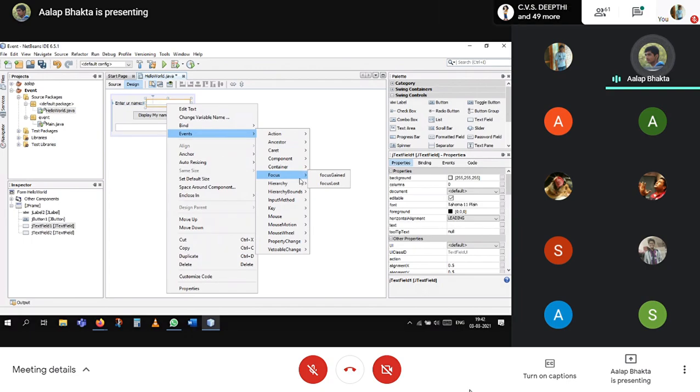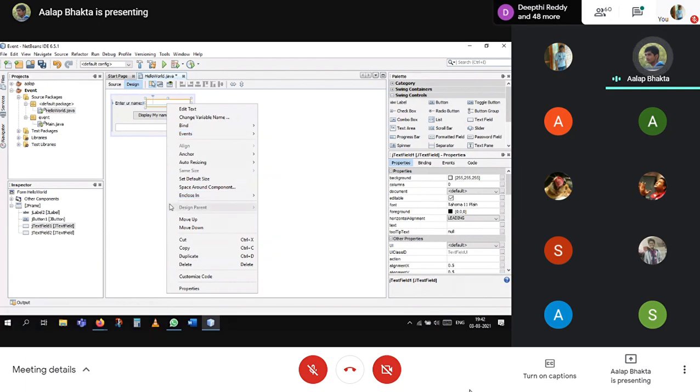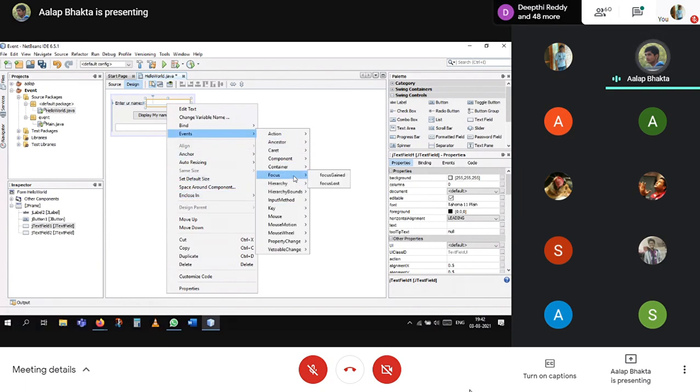Then a focus event, like when focus is gained or lost, meaning when you go to the component and a particular method will be performed. Then there is a mouse event like mouse clicked, exited, pressed, released. Then there's a property change event, which we will come to later.